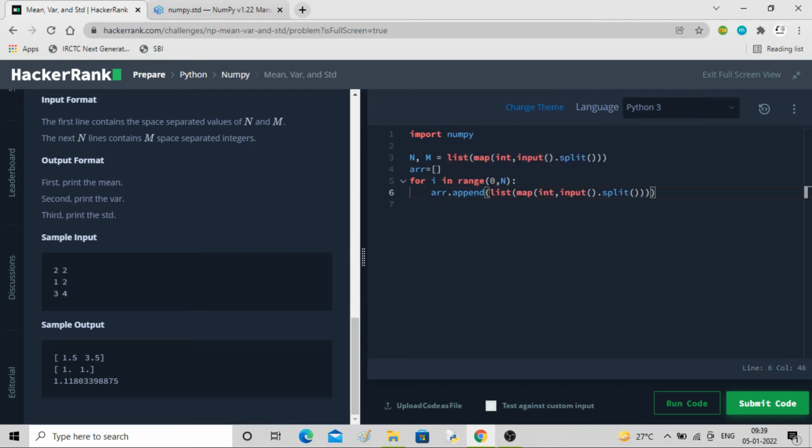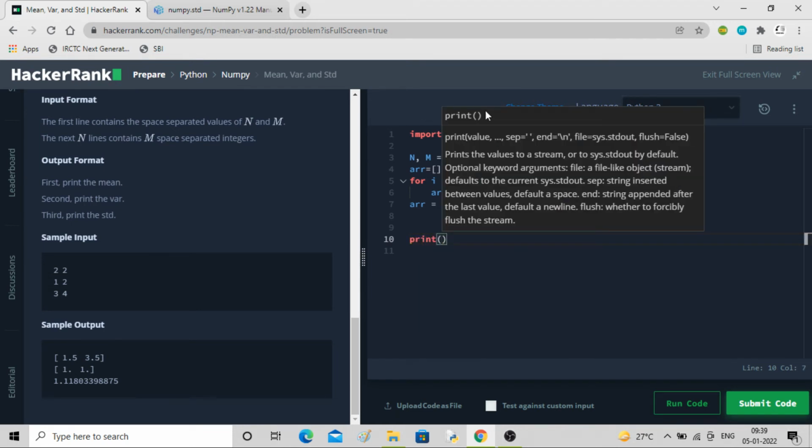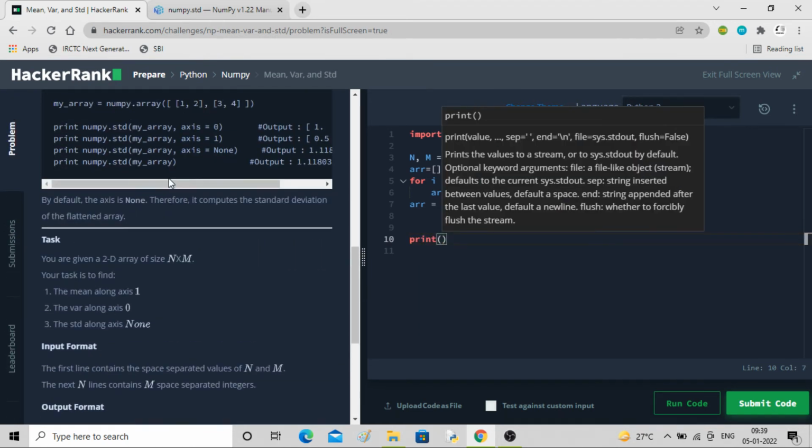Then we have to convert it into a numpy array, equal to numpy.array(arr). So now we got our array, and we just have to print the mean, variance and standard deviation.